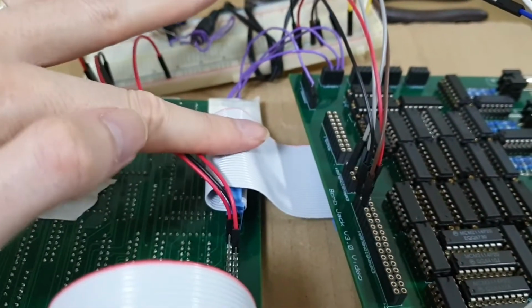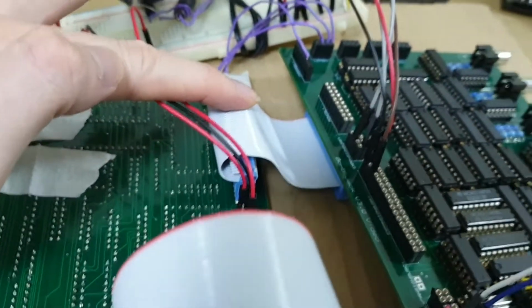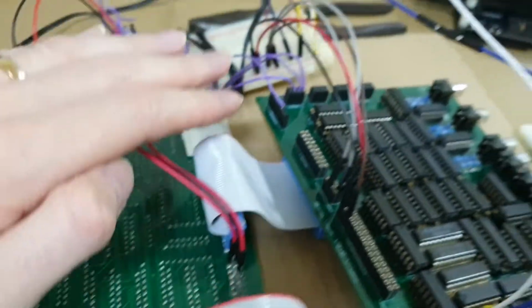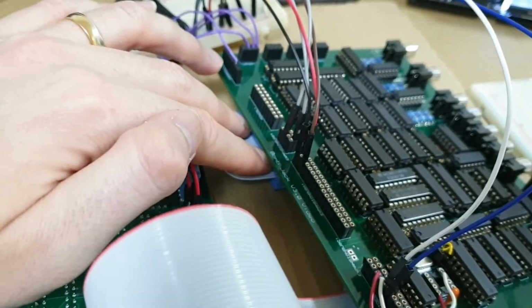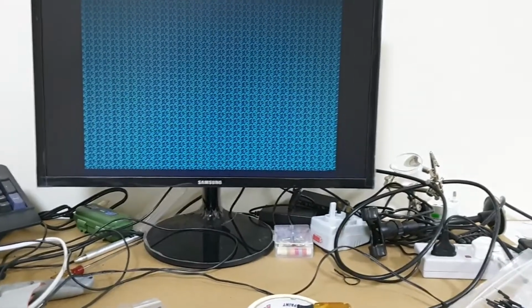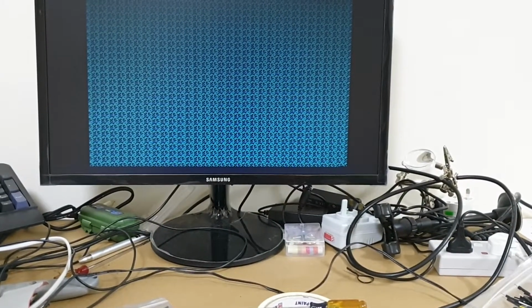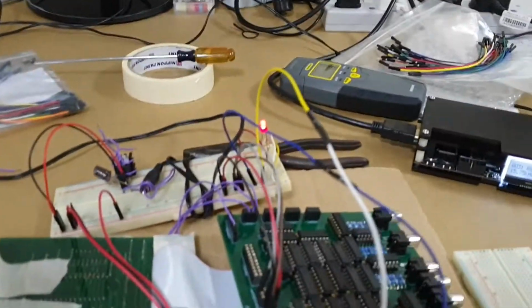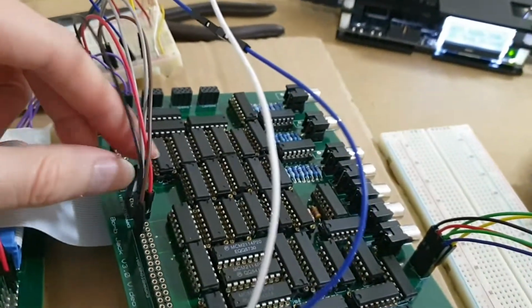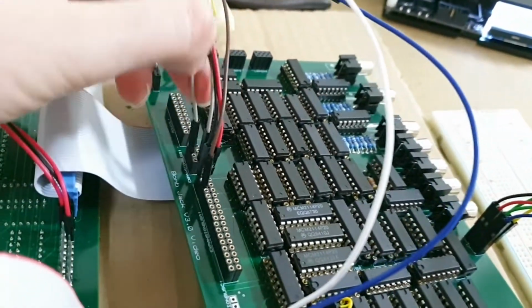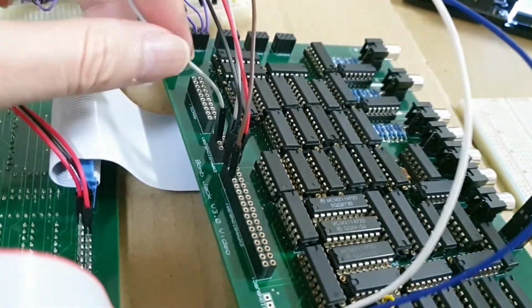So the plug is now seated properly on pins. It's pushed pretty much all the way down. The pins underneath are seated properly inside the plug here. It's pushed all the way down, and we're getting a lovely, stable picture. Fantastic. What this means, of course, is that now when I change this, this is all forced to be low, and